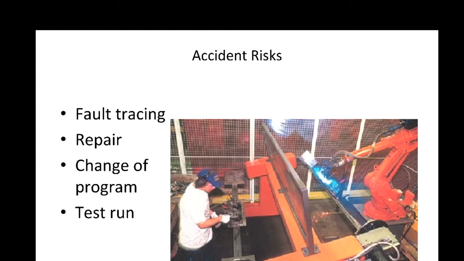Test run: a test run always has a risk of accidents. For that purpose only, we have a manual option to check with manual speeds. We can move slowly and find out that this area is wrongly programmed. If it is going to hit something, at that time we can stop in slow motion. But in manual auto condition, without checking the new program we made, we can definitely get accidental options. So we have this much risk there also.